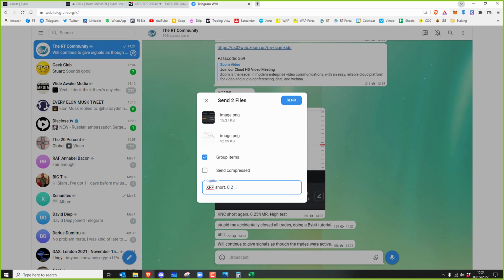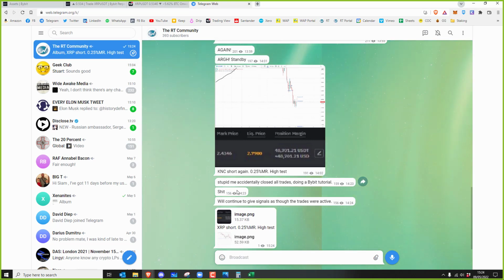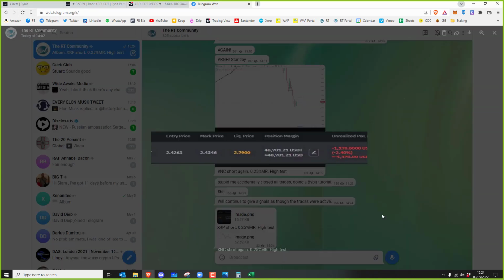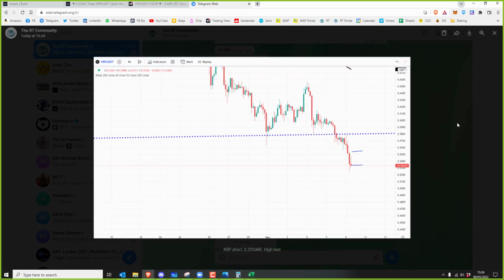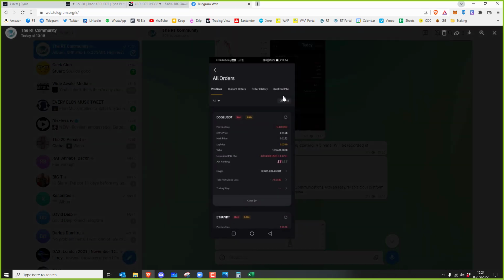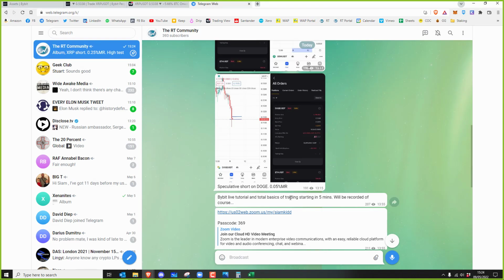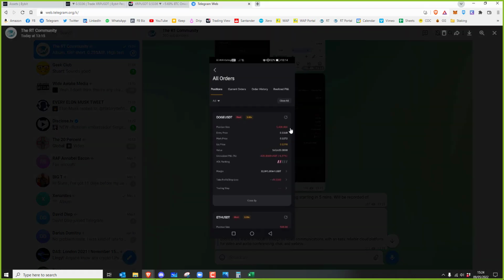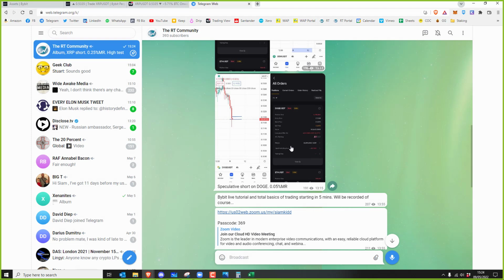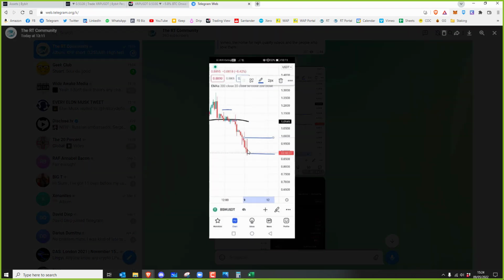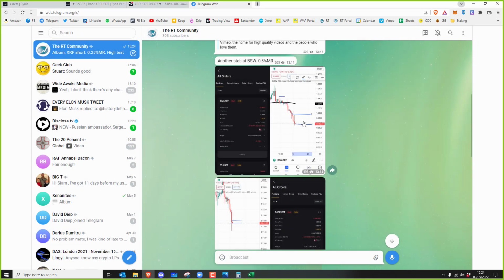Short, 0.25% max risk, high test. Cool. Oh, that's much better resolution compared to that. It's meant for if you're in a country where data's expensive. Normally when I'm doing it on my phone, it doesn't give me the option though. Yeah, it's only on desktop. All of these are when I'm on my phone, hence the really badly drawn lines, because I have to do that with my finger.